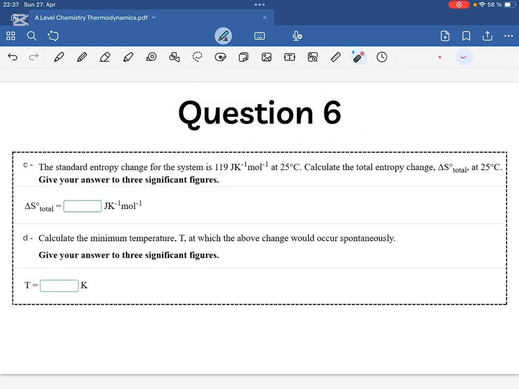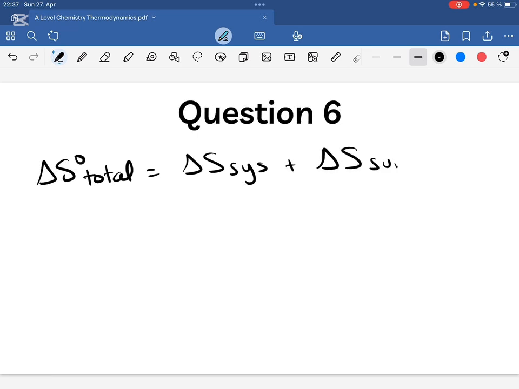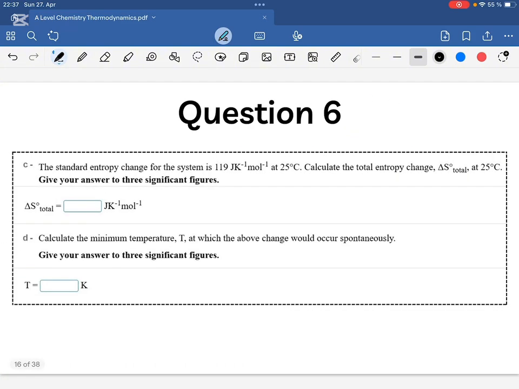Now, question 6. The standard entropy change for the system is 119 joules per Kelvin per mole at 25 degrees Celsius. Calculate the entropy change delta S total at 25 degrees Celsius. Whenever they ask you about delta S total, there's a formula for it: delta S total is equal to the delta S of the system plus the delta S of the surrounding. And we know that the delta S for the system is given as 119, and sometimes they refer to the system as the reaction, so sometimes it's used interchangeably. So it's going to be